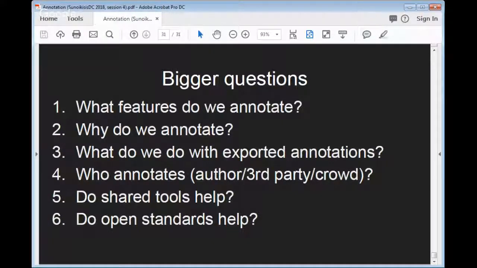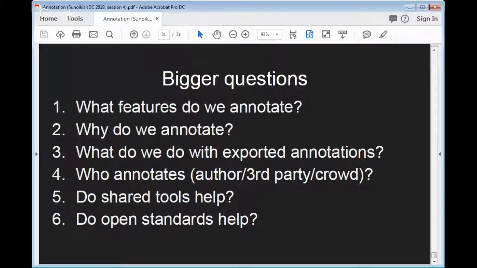Okay, excellent. So the fourth question, who annotates? Author, third party, crowd. Maybe we can add the machine, in the sense that, of course, behind the machine there is always a human being, we hope. But another thing is, do we want automatic annotations? Of course, we can start annotating many things manually, and we have many tools.